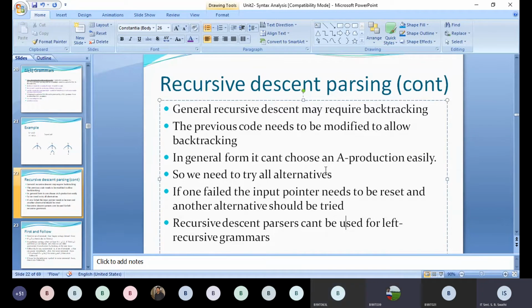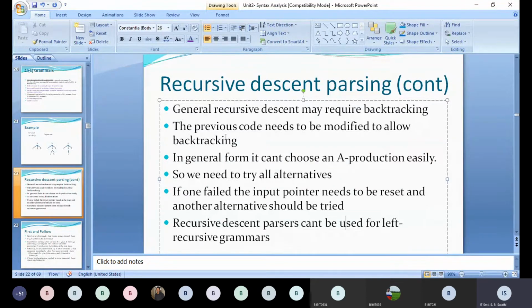Okay, so there is backtracking. The disadvantage of backtracking is that it takes a lot of time to generate a particular input or to solve a particular expression, and there is some overhead. There is a lot of work burden on the compiler. So the other alternative for this is predictive parsing. That is the second approach in the same top-down parsing.